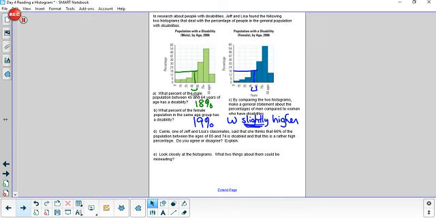Carrie, one of Jeff and Lisa's classmates, said that she thinks that 66% of the population between 65 and 74 is disabled, and that this is a rather high percentage. Do you agree or disagree? Well, she's looking at it between the ages of 65 and 74. Each one of them is around 33%. So what she has done is she has added 33 and 33 and said 66% of the population has a